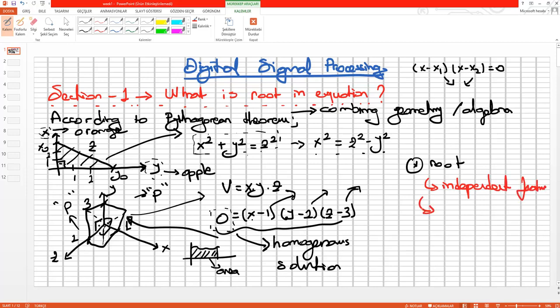And so we need to convert it to the mathematical form, but based on the geometry, right? This is the geometric axis. And also we need to define a specific function to represent the algebra, right? Because if we have any information about these things, we should explain everything just using the